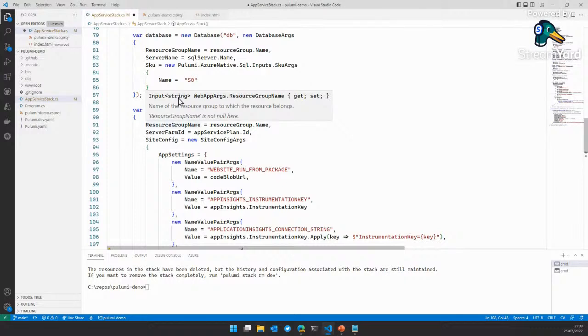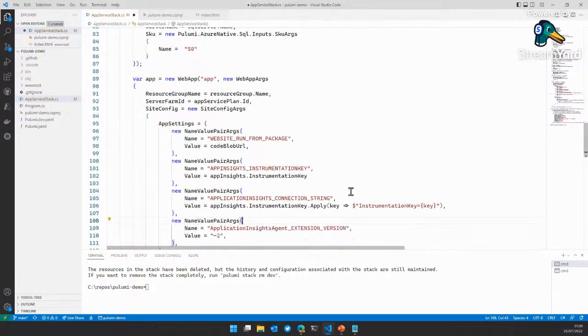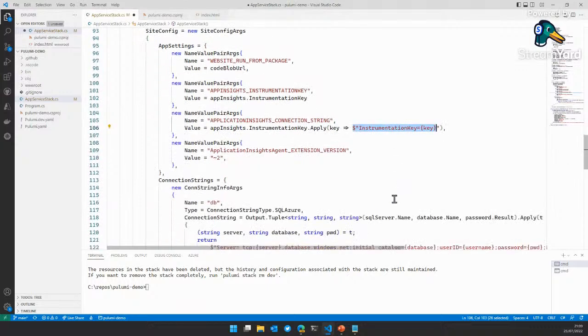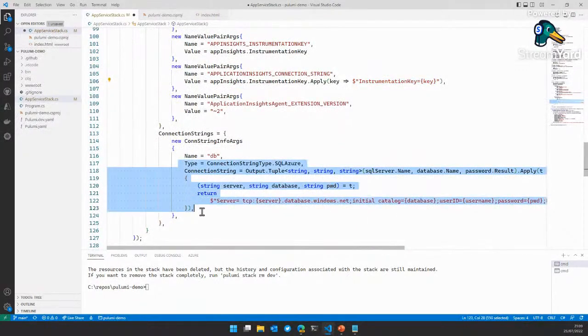They're essentially promises, and what the promises are doing is, well, when that value becomes available, then I will put that value in this place. So what we're doing here is we're basically giving a function that is going to run when the value for the instrumentation key is available, and then it will format it in the string like this. And then similarly with the connection string, this one looks a little bit more complicated, but it's doing the same thing really.